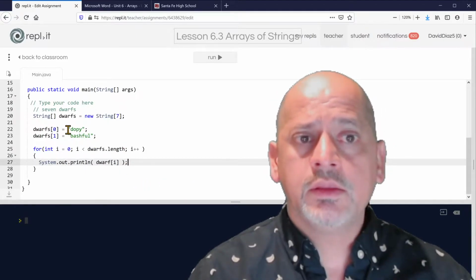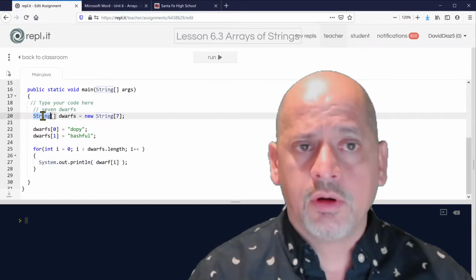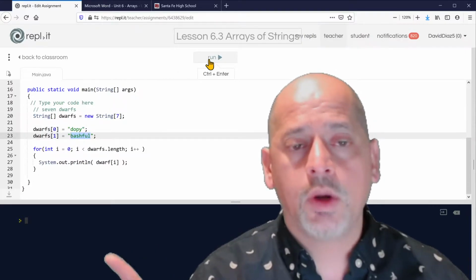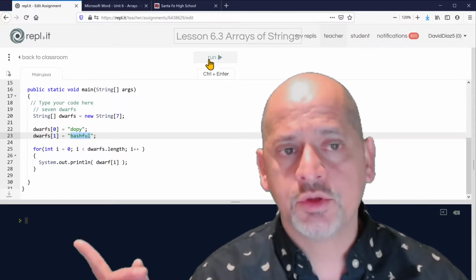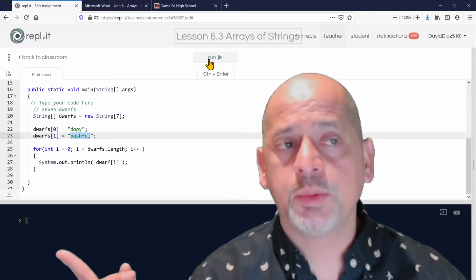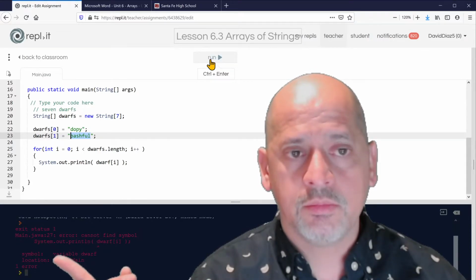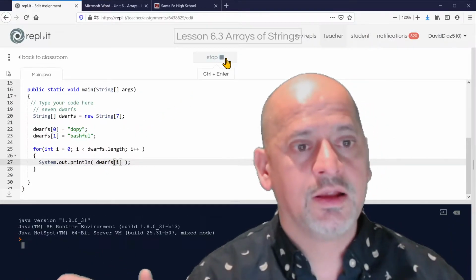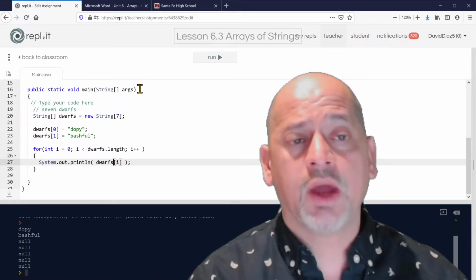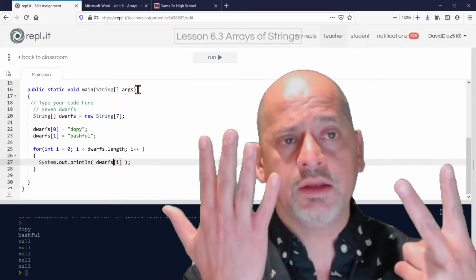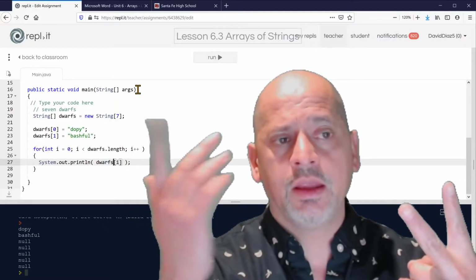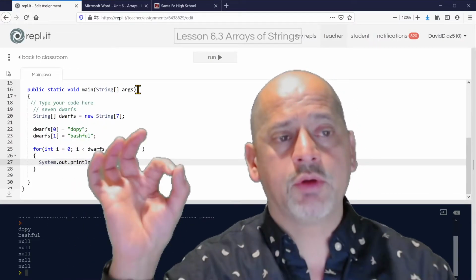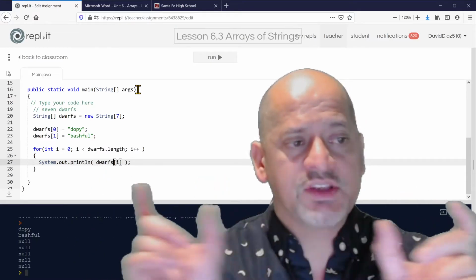So now we declared our array of strings, but we only initialized the first 2. If I click on run, what is it going to print? Well, it's going to print those 2, but for the other 5, it's going to be null. Except, if I can spell it correctly, it's dwarfs, not dwarf. So what happens is that you have 7 containers for your array, but you only use 2. Whenever you have line number 20, automatically Java will create all 7 containers, all 7 spaces for your string,